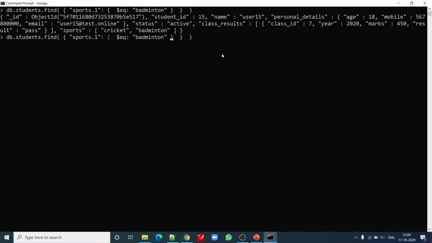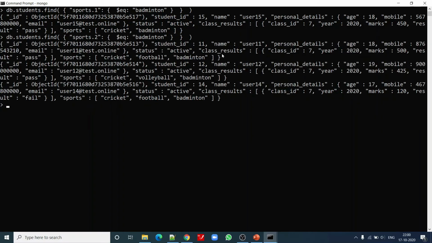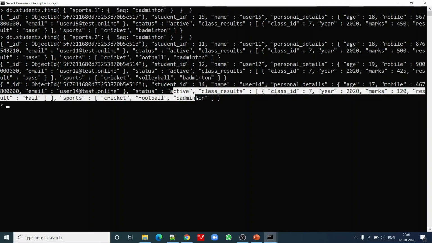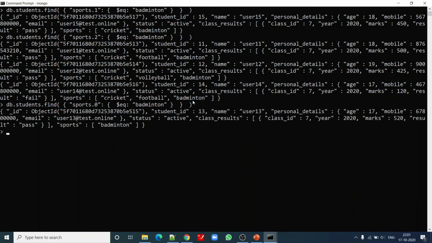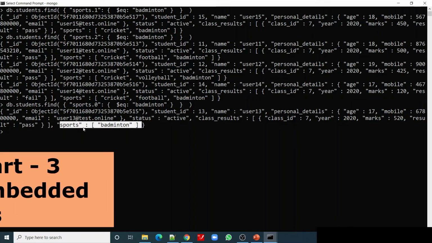Let us try to change its position from 1 to 2. Now you see it is appearing at position 2 of the index, right? Now let us try to change its position from 2 to 0 and see the results are different this time.